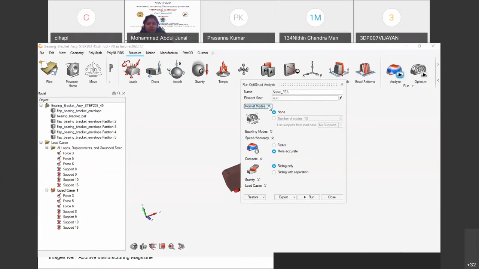For example, we have seen many of our automobiles or even bikes, where some of the components will fail after a long period. There will be no external load or any impact load applied on those components. But after some time, they will lose their strength, and they will fail due to the resonance or the vibrations of that object or from the engine. That is due to the resonance.